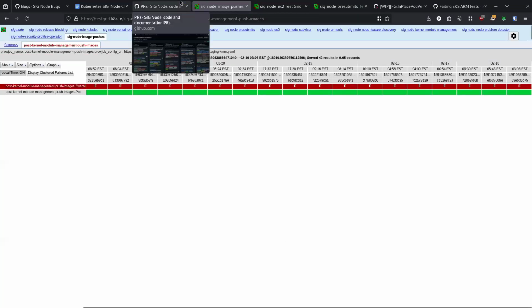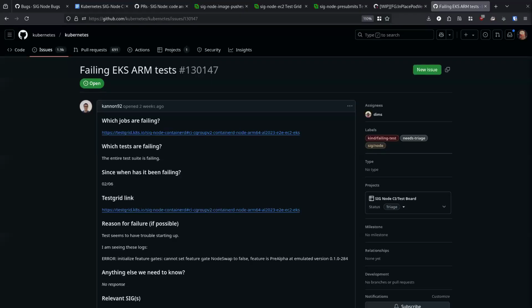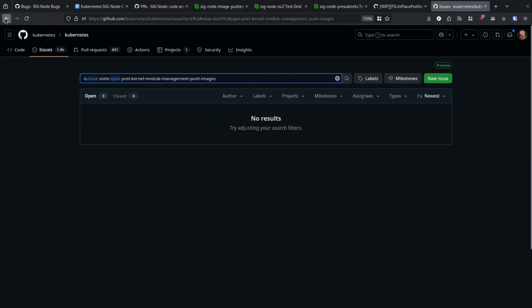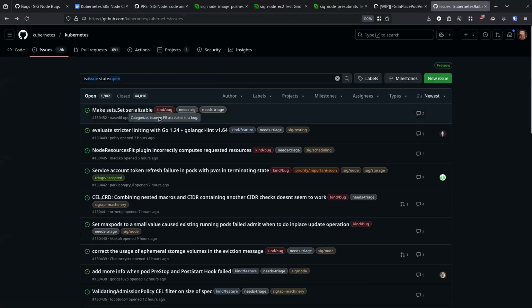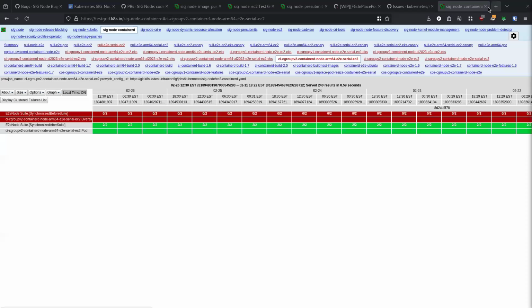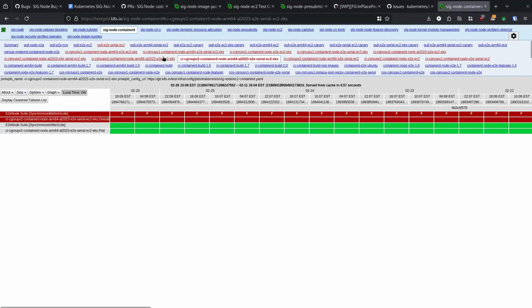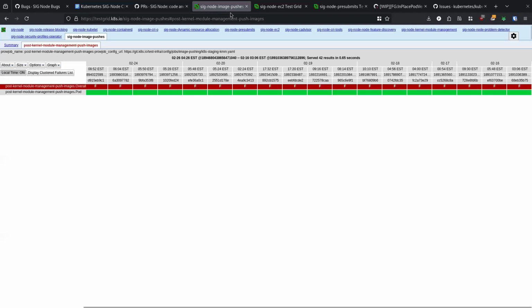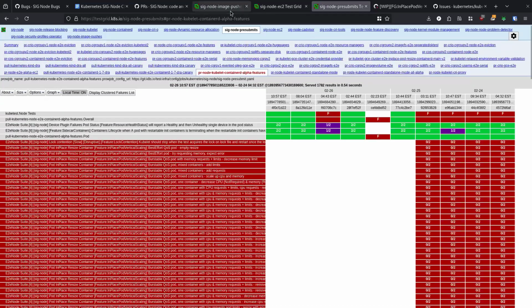This has been sitting for a bit. So the issue you just saw was different than the one I created. When I created that ARM one, it was only one failure. I haven't looked at the EKS ones in a while. Yeah, these AKS ones are all just completely red, the containerd ones. I'll open up a new issue for that, as well as something for KMM. Okay, cool. So test grid is okay. A couple issues to open, but not so bad.